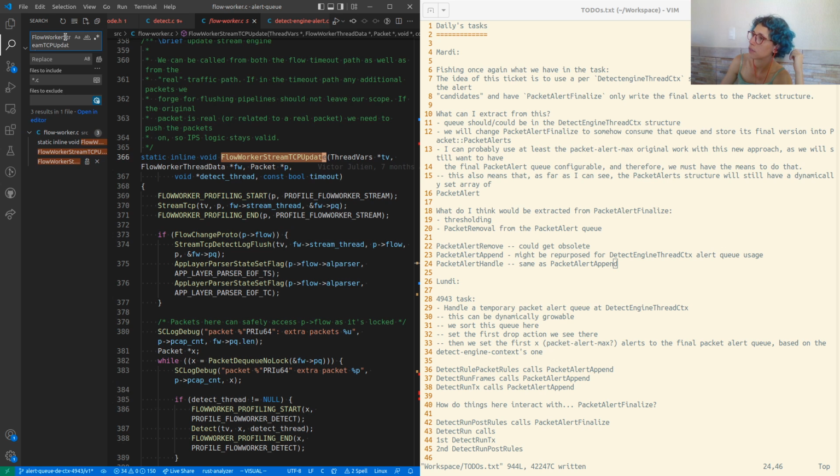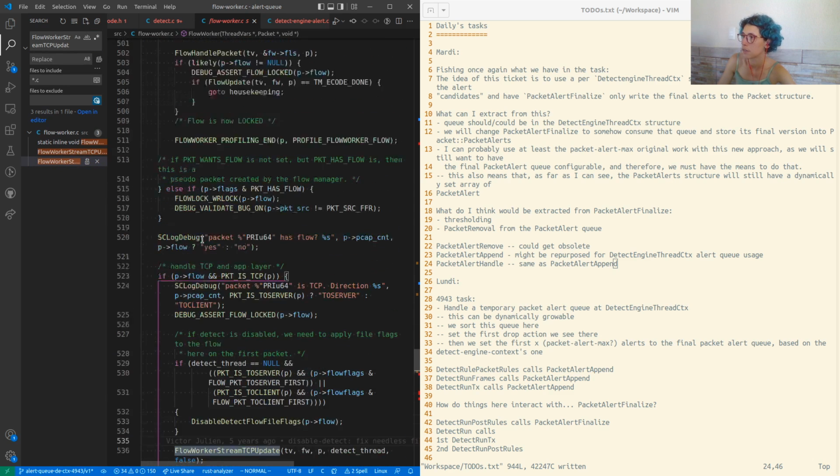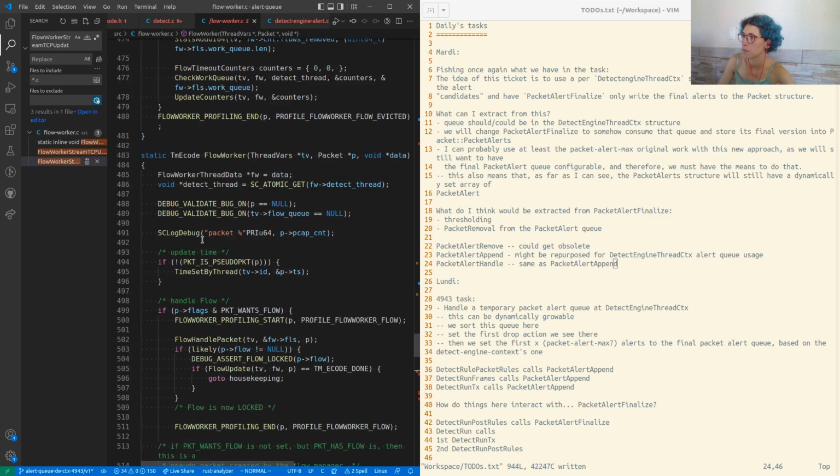Does that even happen? Declaration, well, prototype declaration, and we call it from flow worker. Detect thread, and it's a global flow worker detect thread. All right, this is just a get.